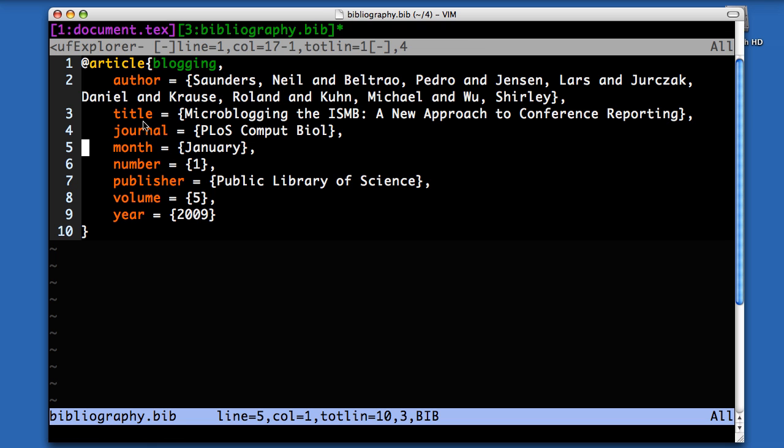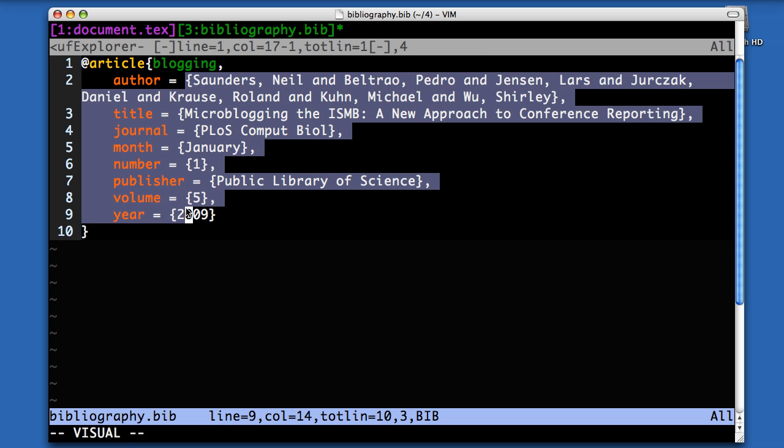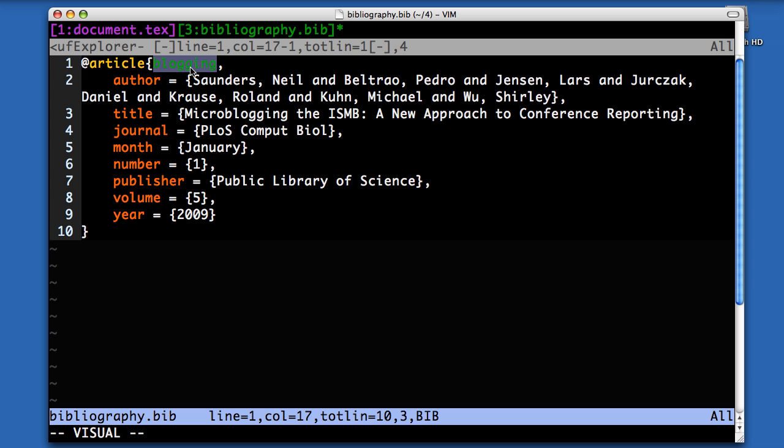And it's kind of a key value format where you have the key and then the content in these curly braces. And all of that is within this article command, which begins with the @ sign in the article. And then this blogging is the key I've given to the reference. So it means I can refer to this article in my text using this key blogging, but this can be whatever I want it to. So to go back,